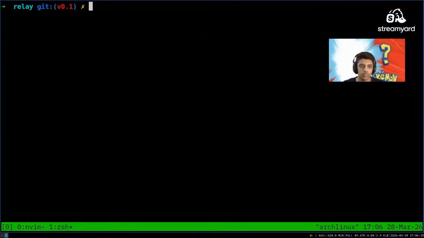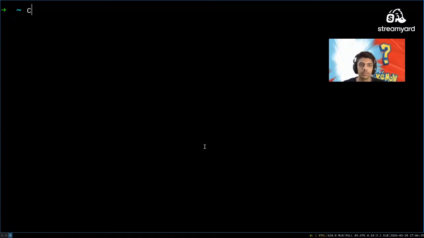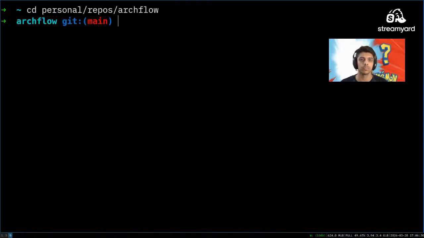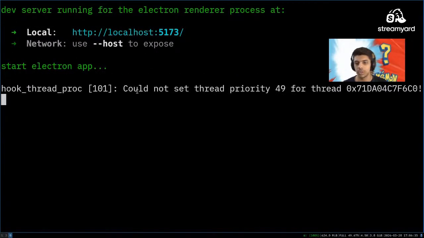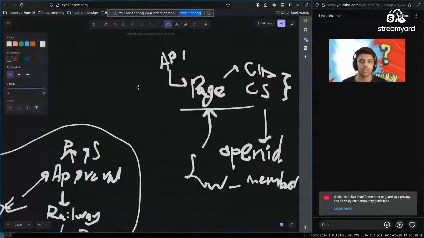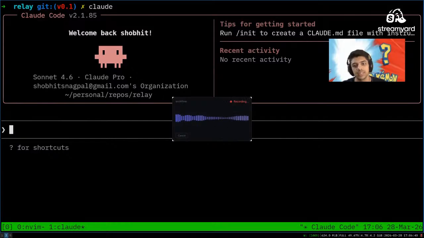So I'm going to spin up Claude because I need to ask some questions. And also a good time to show, oh wait, why is it not up? cd personal repos, Archflow, implement dev. I should actually make this into a proper Electron app, but okay, works for now. So right now, how can I access my